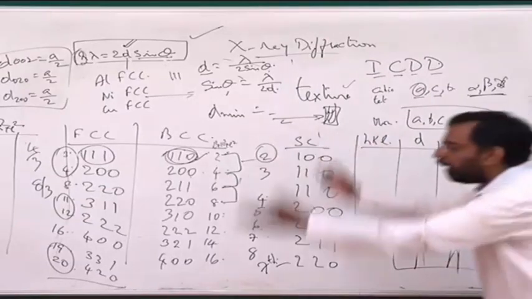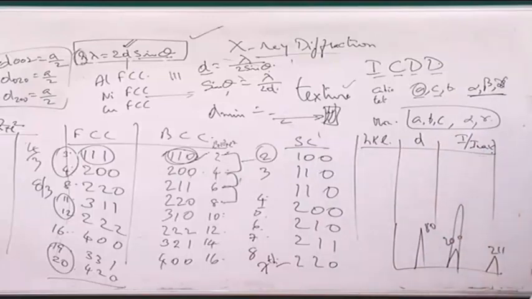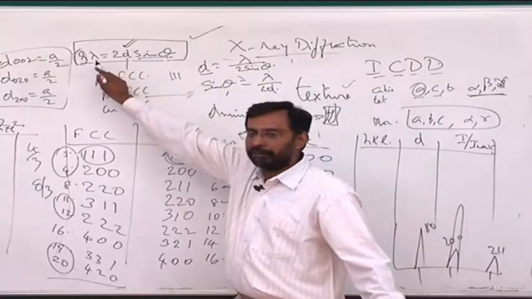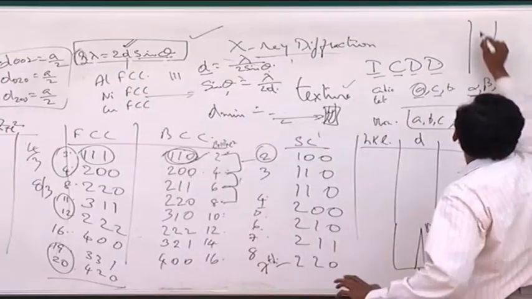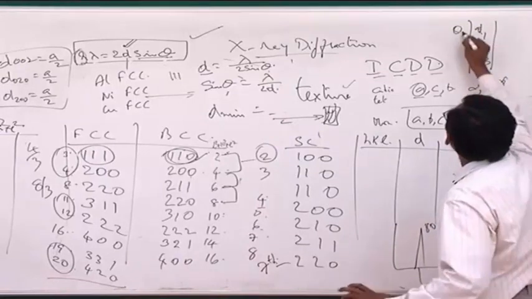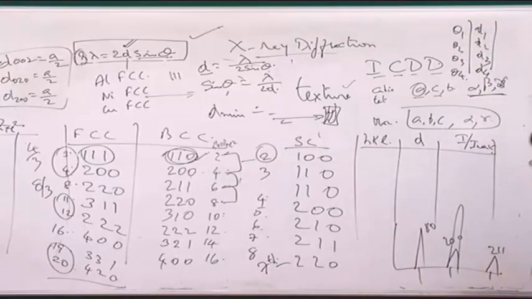Without doing all these calculations, taking the ratios and all this, I simply take my pattern and find out from my pattern what do I know? I know the thetas. From theta, what do I know? I can calculate the D once I know the lambda. So from my XRD pattern, I can prepare a list of D1, D2, D3, D4 like that, from theta 1, theta 2, theta 3, theta 4. I can find out the thetas from a pattern of my own sample, and from that calculate the Ds, and from this find out which are the ones which are the most intense.